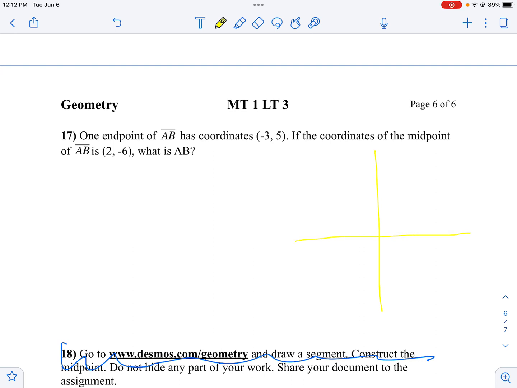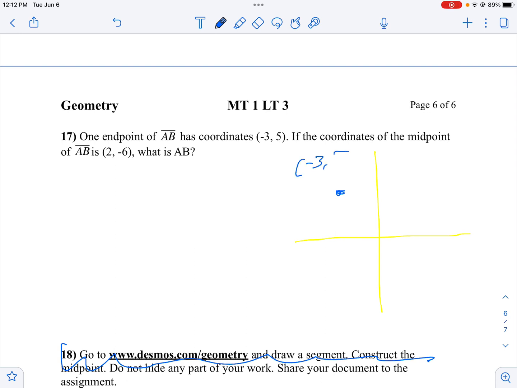So I'm at negative 3 and 5 for one endpoint. So if I go to the left 3 and up 5, here's the point. It doesn't say which endpoint it is, it's just an endpoint. So it's at negative 3 and 5. I'm told the midpoint is over here at 2 and negative 6. So here's my midpoint. I'm going to use M for midpoint. 2 and negative 6. Which means when I draw this out here, I'm not drawing it to scale obviously, but